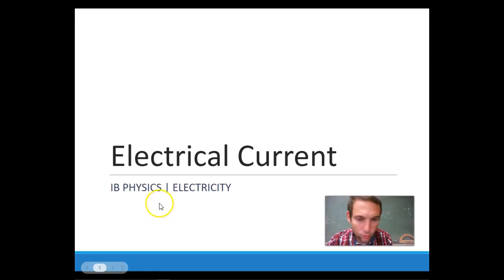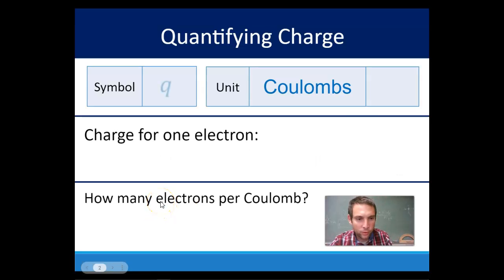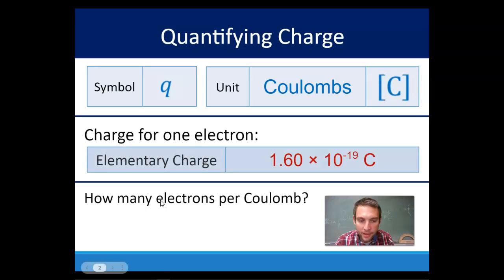All right, let's get into some more electricity. We'll review: charge is measured in coulombs, represented by a capital C. The charge of one electron is 1.6 times 10 to the negative 19 coulombs. Because it's an electron, it would be negative 1.6 times 10 to the negative 19. If we're asked how many electrons are in a coulomb,